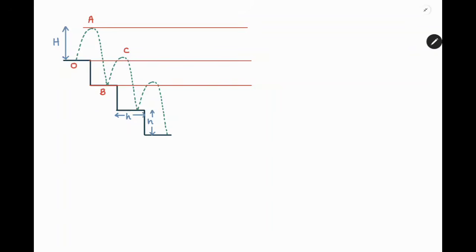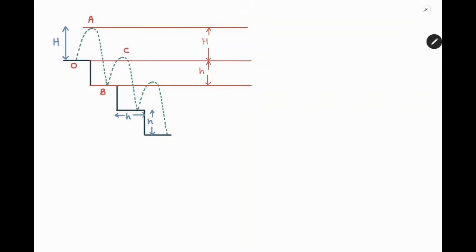This one is parallel to the stair, this one is parallel to point A, and this one is parallel to point B. Now since the height of each stair is a small h, I can say that the separation between these two parallel horizontal lines is a small h, and from point O to A it is attaining a height capital H. Each time it is attaining the same height capital H. So we are marking this as capital H. Now we start solving it in this way: we will first of all solve from A to B,